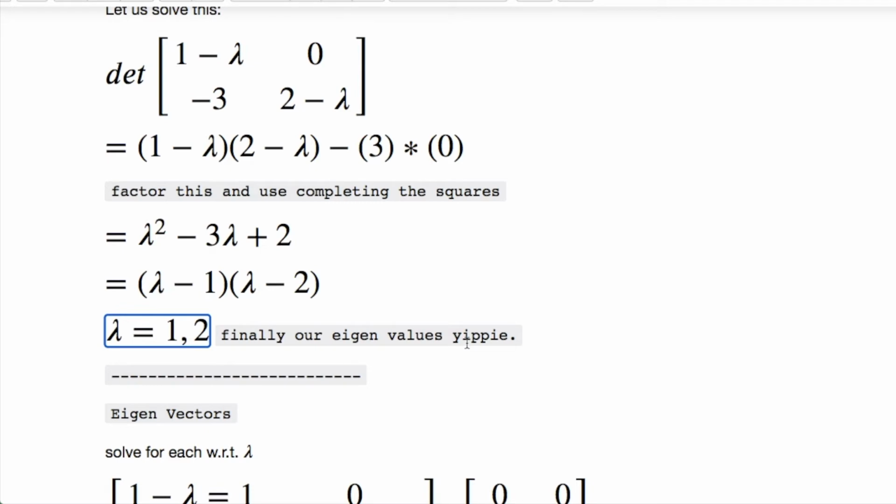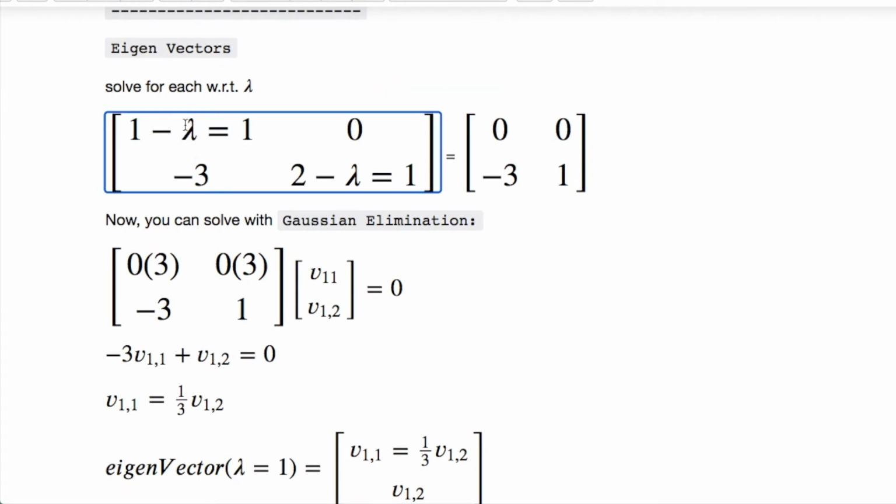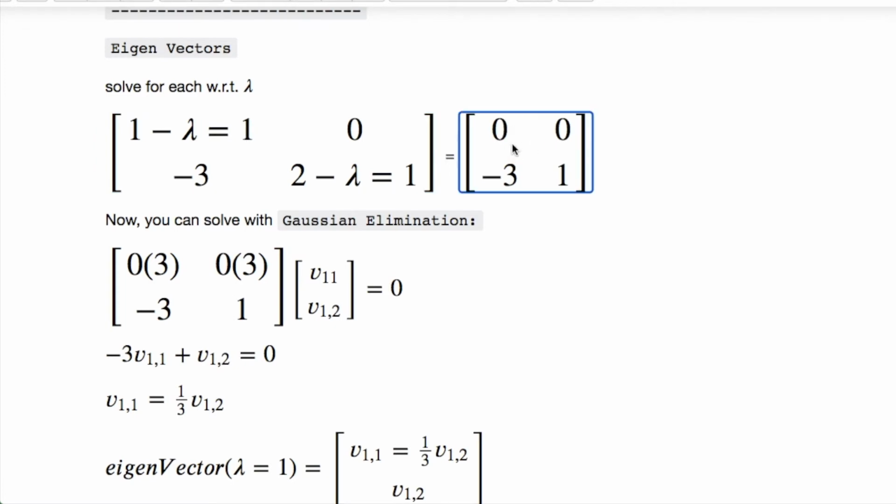To get your eigenvectors, you will need to set it up the same way, and where you had your eigenvalue that you were trying to find, put it in here. But you're doing this for both of them. So you're doing this for the first one and then for the second one. When the eigenvalue equals 1, we'll end up here. We will solve using Gauss elimination. I'm sure you can use other methods.